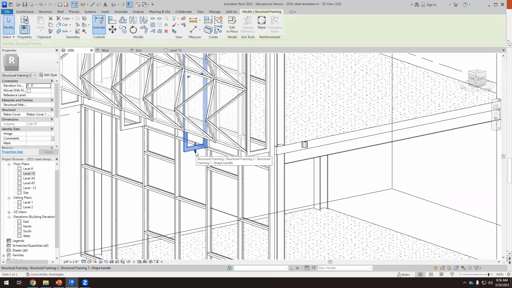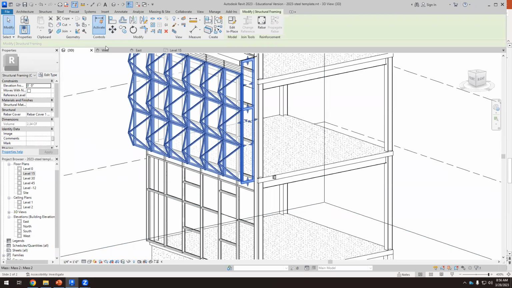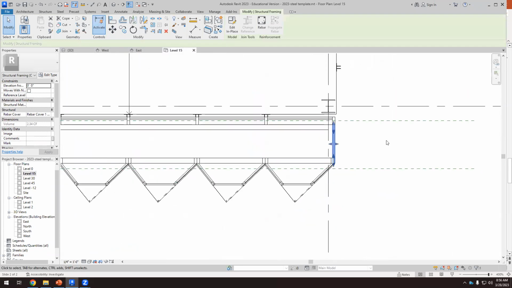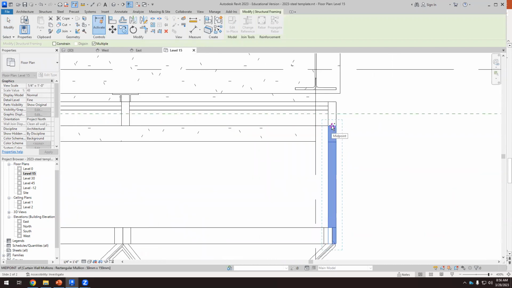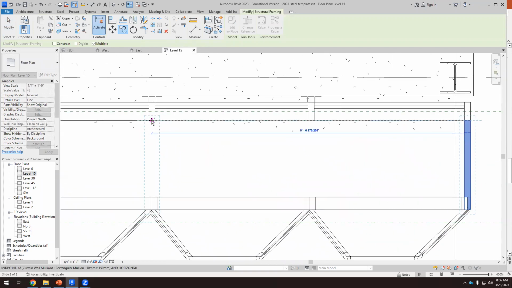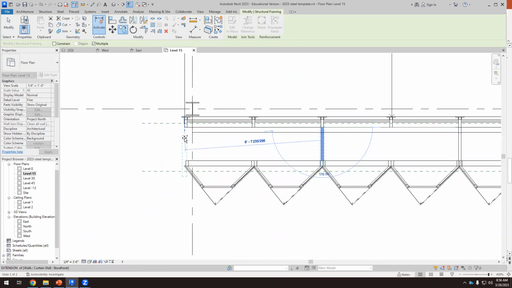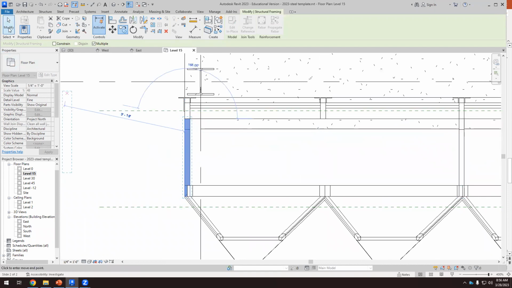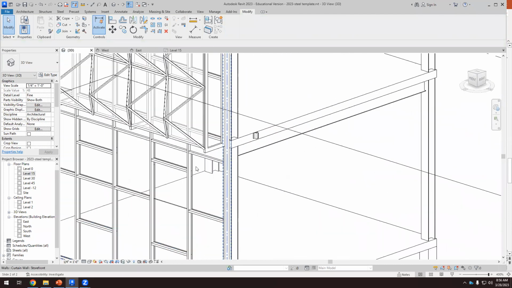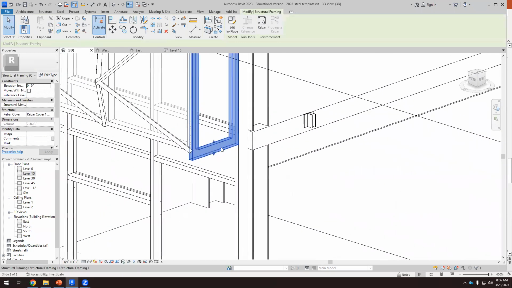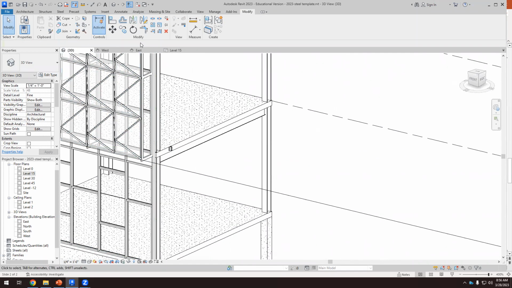The problem is that as I have copied all these mullions, I have to delete them. And then I have to copy this one again. On level 15, copy. Here. Here. So now I have this, and on that element, I can rest the tray